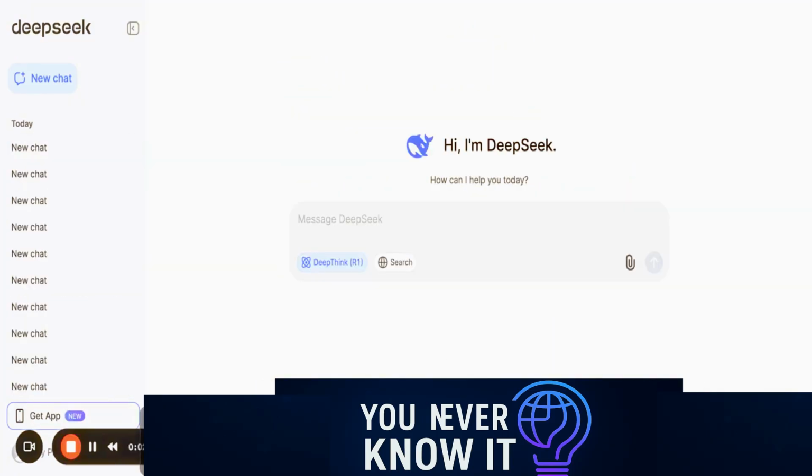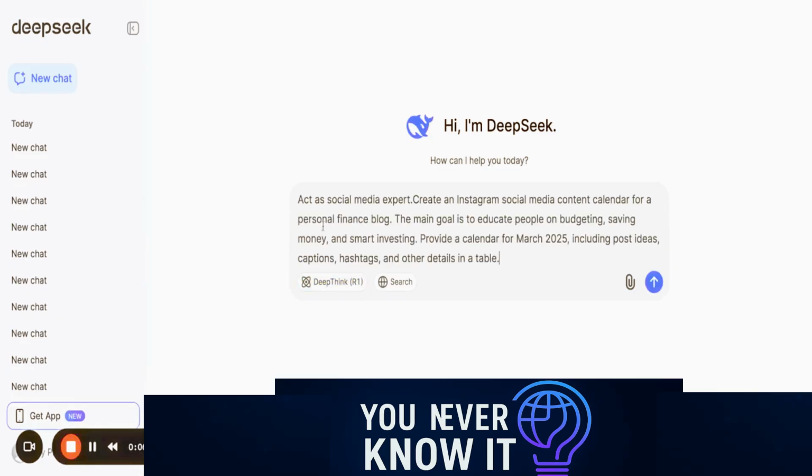Let's switch from SEO and paid traffic to social media. In social media marketing, we have some regular routine tasks where AI can be really beneficial. In this case, DeepSeek will help us with our Instagram social media content calendar. As in all other previous cases, we will ask the AI to take some role. In this case, we will ask it to act as a social media expert